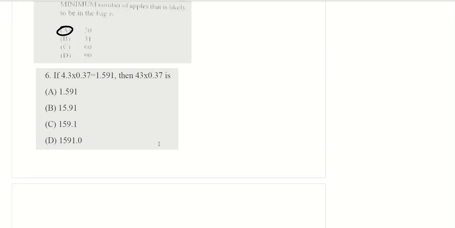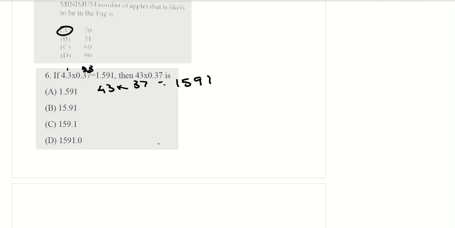Right, number 6. If 4.3 multiplied by 0.37 is 1.591, then what is 43 multiplied by 0.37? We know when we are multiplying decimals, you remove your decimal point, multiply like normal, and then move back your decimal point. This question has 3 places, so you had to shift your decimal point 3 places, right? So that means 43 multiplied by 37 would be